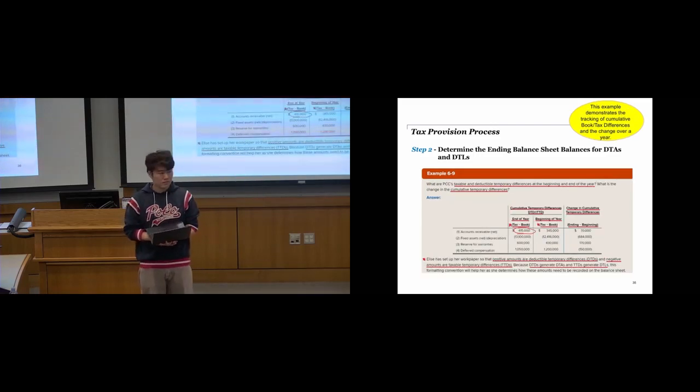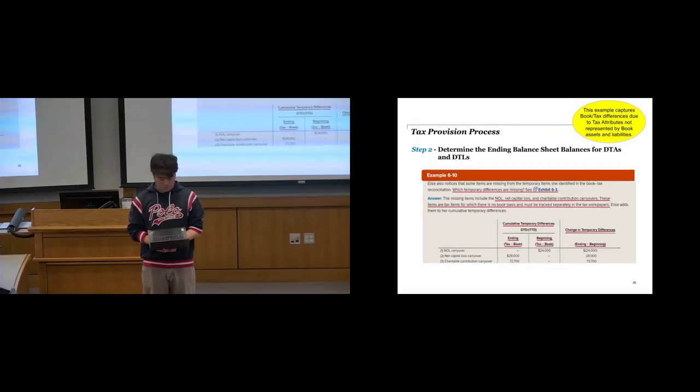The prior example, all of these items she found on the balance sheet. Remember when I was talking about the coordination? She walked down the hallway, got this when they were done at the accountant level, and said, okay, here are the balances that I'm interested in, and I'm seeing if I have any tax basis in those items. But she started with the book basis. The items that you're going to go through are not on the financial statement, so you have to separately track these. Okay. And there are three missing items: NOL carryover, net capital loss carryover, and charitable contribution carryover. And this will result in a difference in the tax